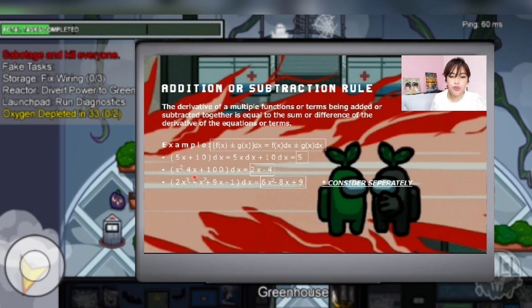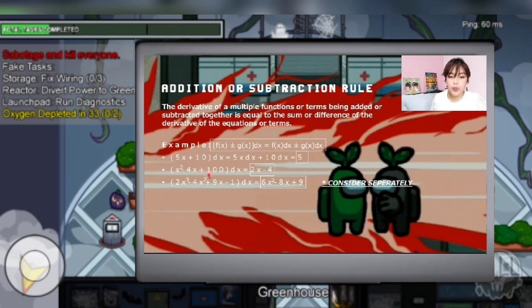Minus 4x. What is the derivative of 4x? Now we're going to apply the power rule again. The exponent of x is 1. So 1 times the coefficient, which is 4, is 4. After multiplying it, subtract 1 from the exponent, and it's 0. So we are left with 2x minus